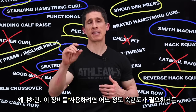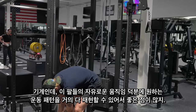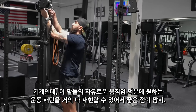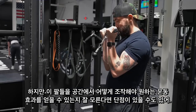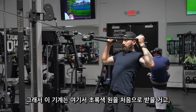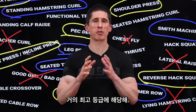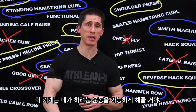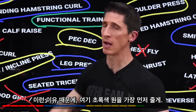However, you do need some level of experience when you're going to use this machine because the freedom of movement of these arms allows you to basically recreate any exercise movement pattern that you want, which is a great thing. But if you're not really familiar with how to manipulate these arms in space to get the right exercise effect, then maybe it has its drawbacks. But if you do have an idea of what you're trying to accomplish, this machine will allow you to do it, and for that reason, it's going to get the first of the green circles here in the almost best